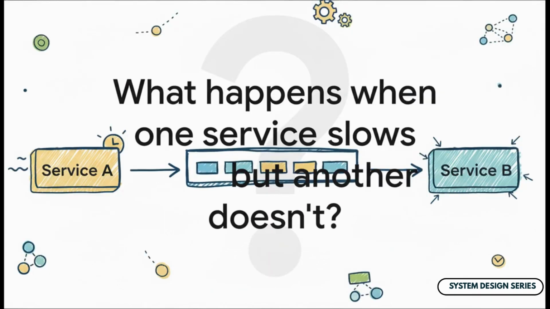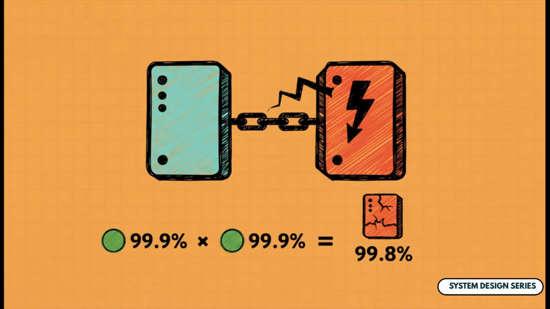So, picture this. It's the biggest shopping day of the year. Your order service is just on fire, taking thousands of orders every single minute. But oh no, your payment service, the one that has to talk to some slow third-party gateway, suddenly starts to crawl. So what happens next? Well, in a typical setup, your order service just waits, and pretty soon, the whole system starts to buckle and fail.